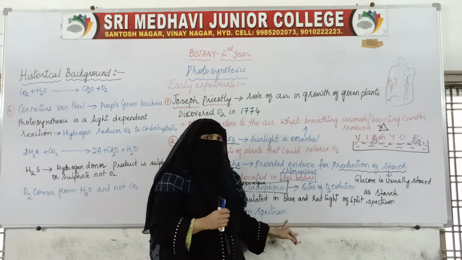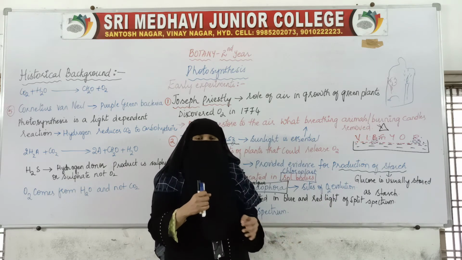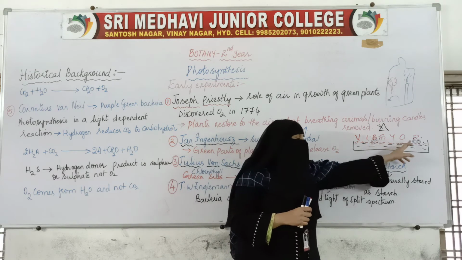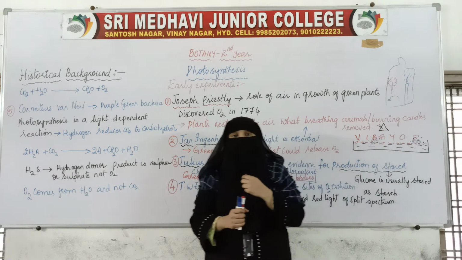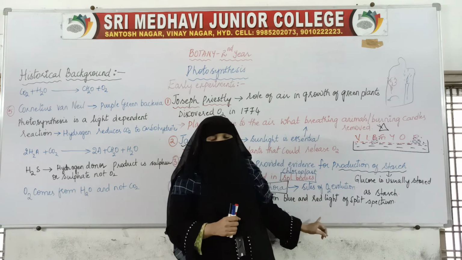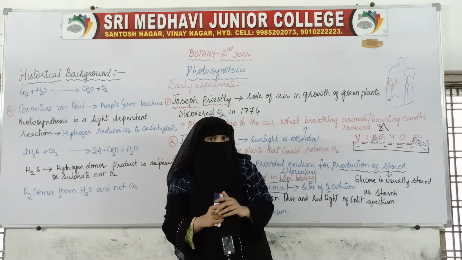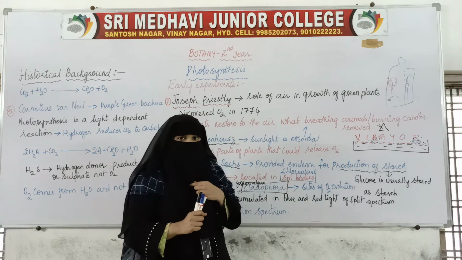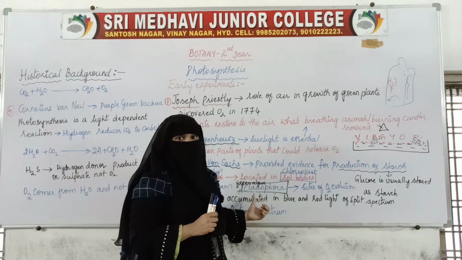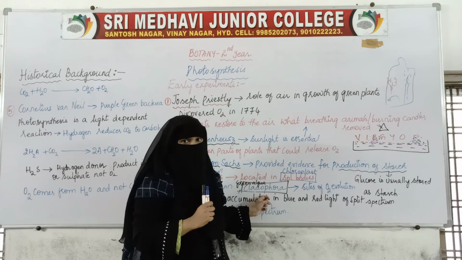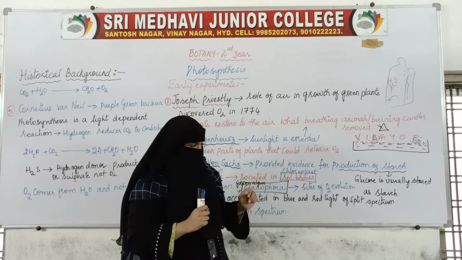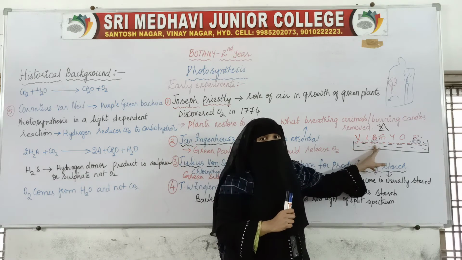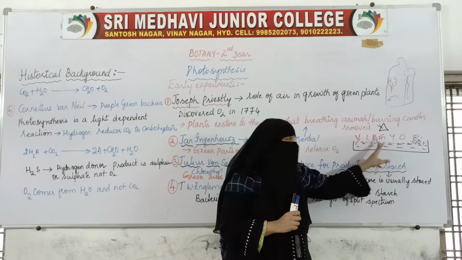Later this action spectrum gave rise to another spectrum where we said that the rate of photosynthesis is more in the blue region as well as in the red region. We'll see another type of this action spectrum in the coming video, but as of now you just remember this one. Okay, so the action spectrum which was given by Engelmann, he used cladophora or the blue-green bacteria and the prism, split spectrum.